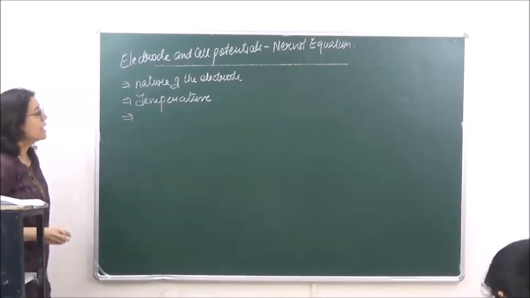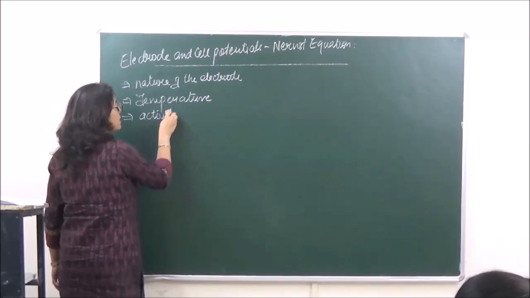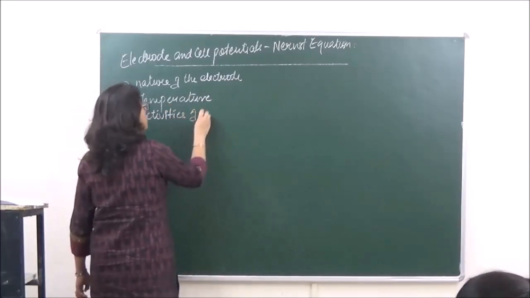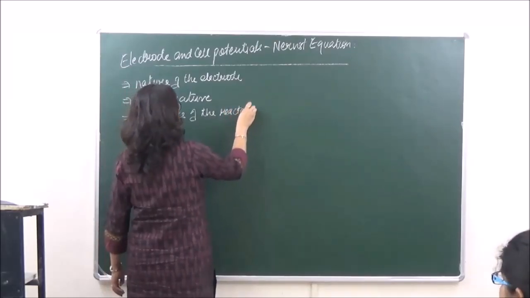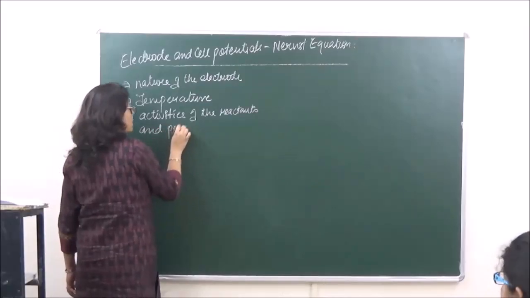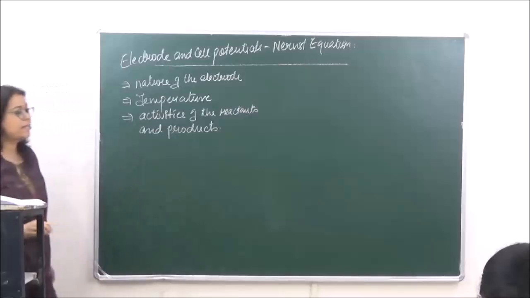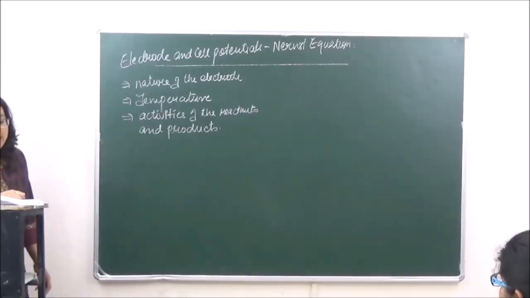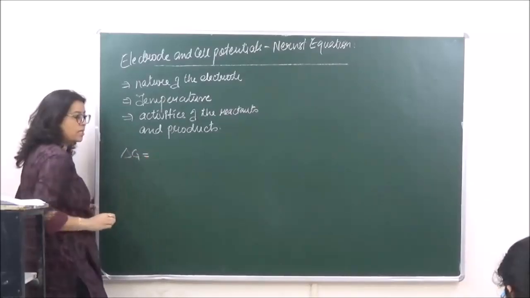Another third thing, that is the activities or concentration of the reactants and products, right? So depending upon this, he said that for any reaction, the Gibbs free energy delta G, that is